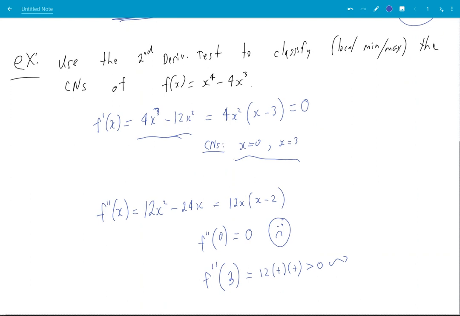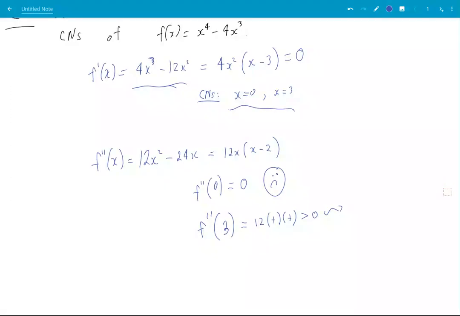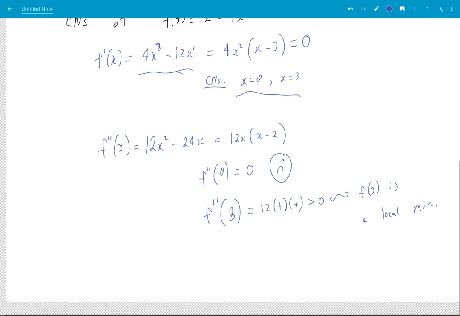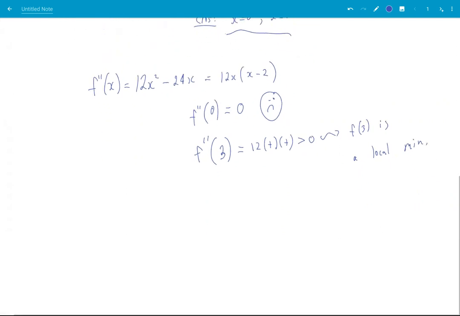So from the second derivative test, I can conclude f of 3 is a local minimum. But what about f of 0? What's happening there? Well,